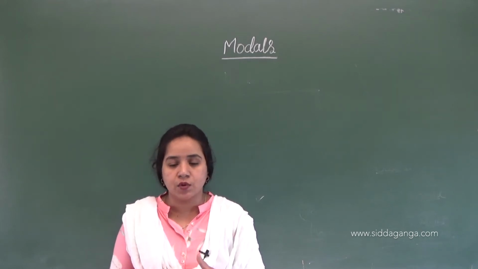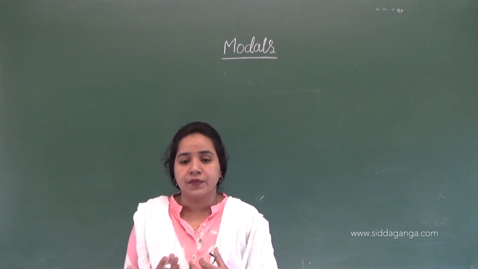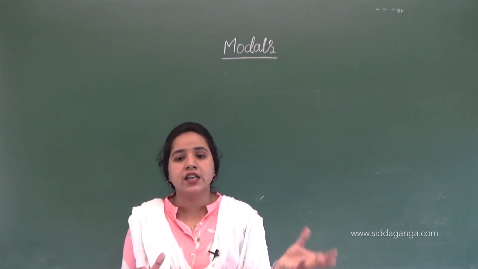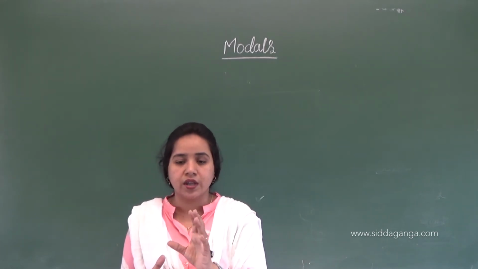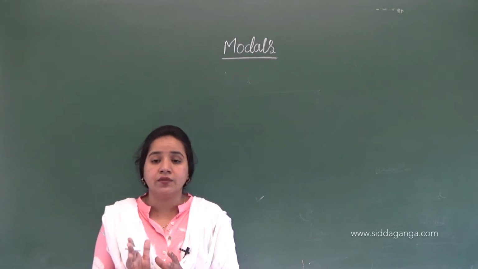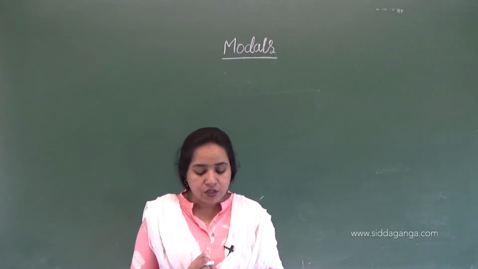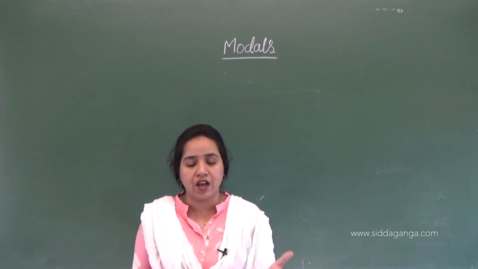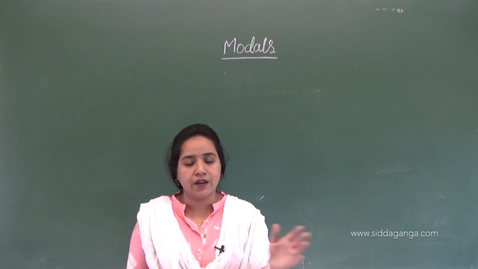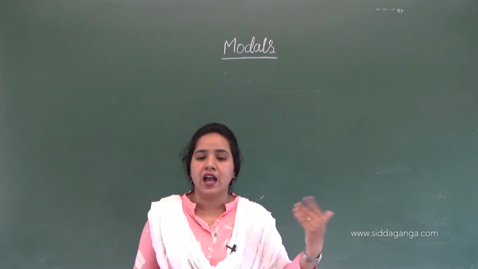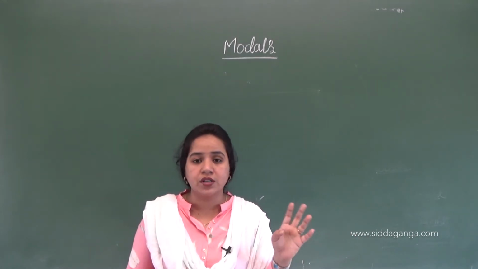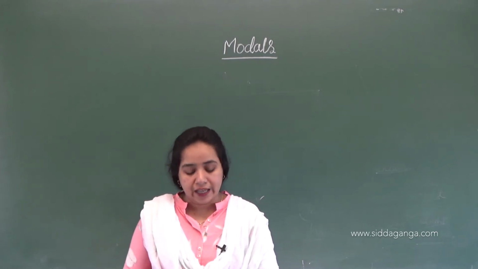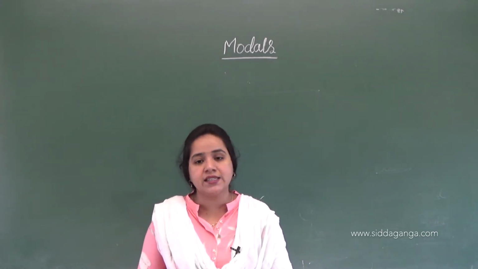So when we are using these modals, when we need them, when we join the main verbs to these modals, it gives proper sentences. Suppose all the auxiliary verbs except be forms, do forms and have forms are called modals. I have told you, be forms, do forms and have forms are called primary verbs, not secondary verbs. These modals cannot act alone as the main verb in a sentence.